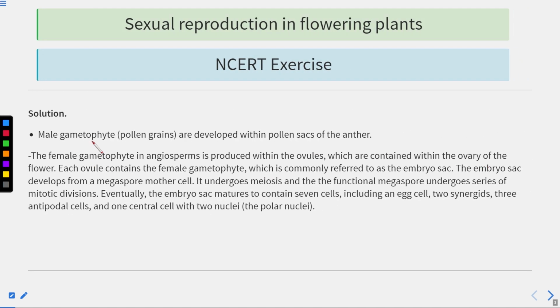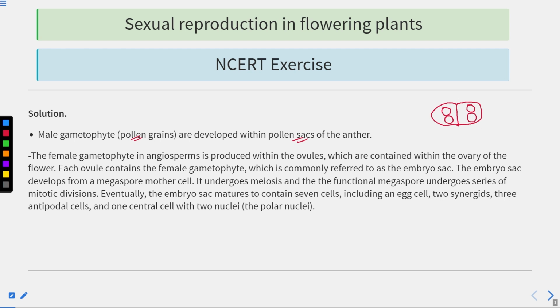So here male gametophyte, also known as the pollen grains, are developed within the pollen sacs of the anther. So you know anther is a bilobe structure. It consists of two lobes. Let's draw a rough diagram of the anther. It is bilobe usually. Anther means it consists of two lobes and it is dithecous, means each lobe contains two